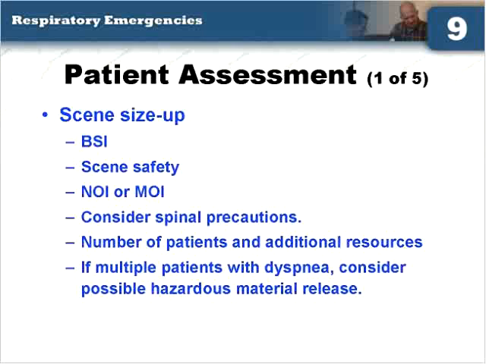And then consider spinal precautions. Obviously, if there's a fall, accident, different things like that. A lot of times, elderly patients may just fall inside the house, but you still have to take that into consideration. And then the number of patients, and if you need additional resources. Most of the time, unless it's a vehicle accident or a multi-casualty incident, your engine and the rescue should be able to take care of it. And if multiple patients with dyspnea, consider possible